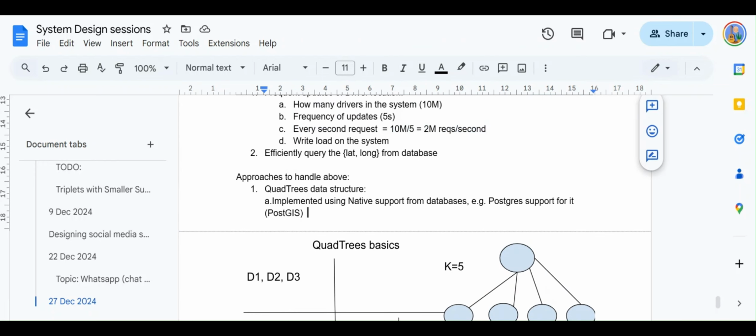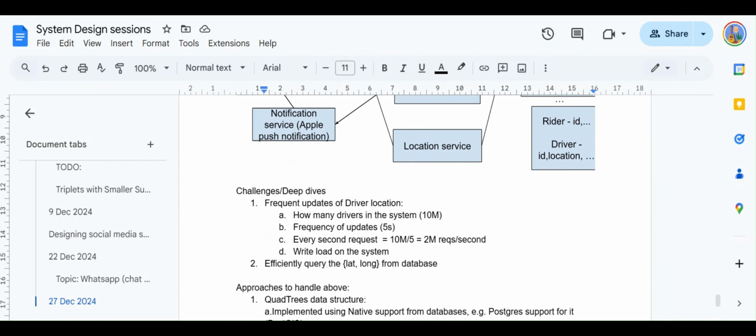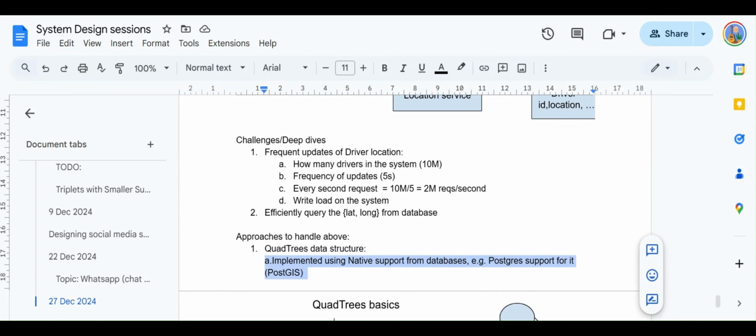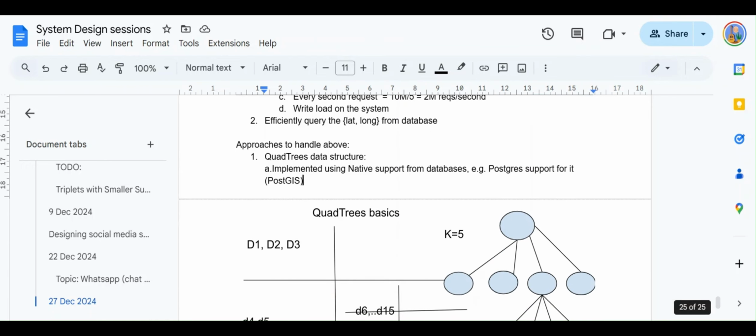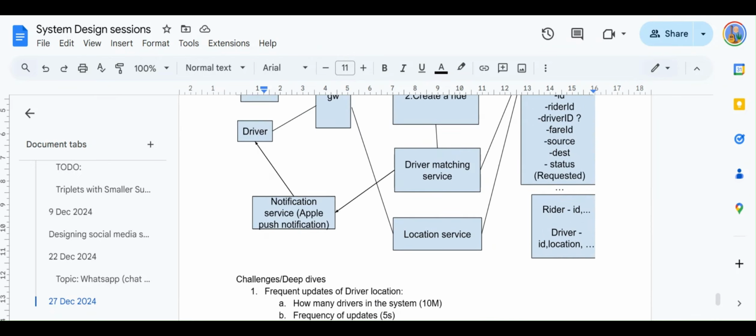To address both of them, the approach we're going to take is, instead of using a database to persist these locations, we could use an in-memory cache or an in-memory data store where we can persist all these locations. In-memory reads and writes are pretty fast. Now, definitely we cannot use one server in memory, right? Because that will be inefficient and will not be able to scale up.